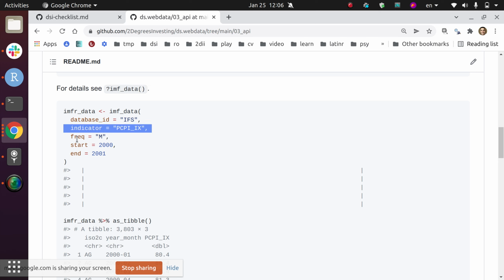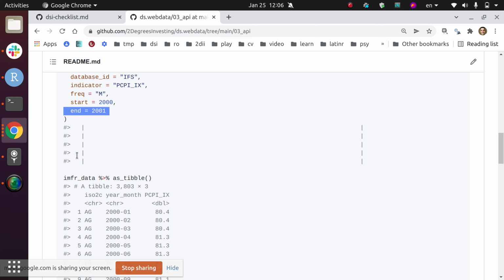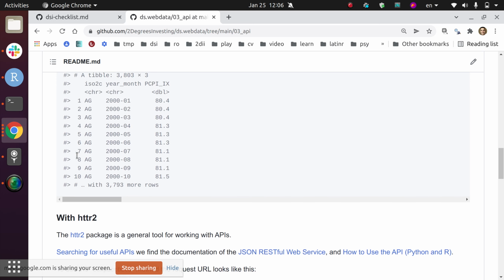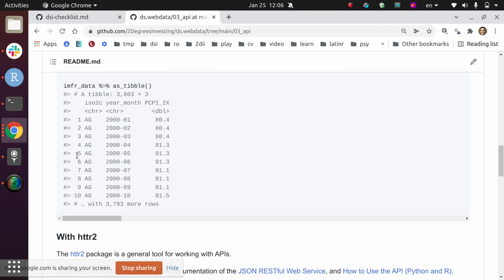But then frequency makes a little sense. M stands for month. There is also a Q that stands for quarter, and I think an A for annual or something like that. And then there is this start parameter and end parameter where you say the time period within which you want to query the data. So this is very quick, just to show you that sometimes you get lucky and then you get the data